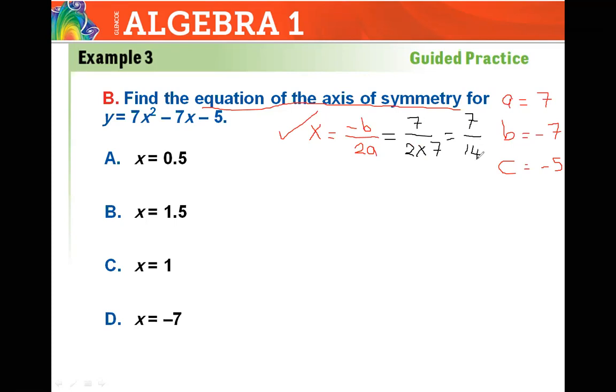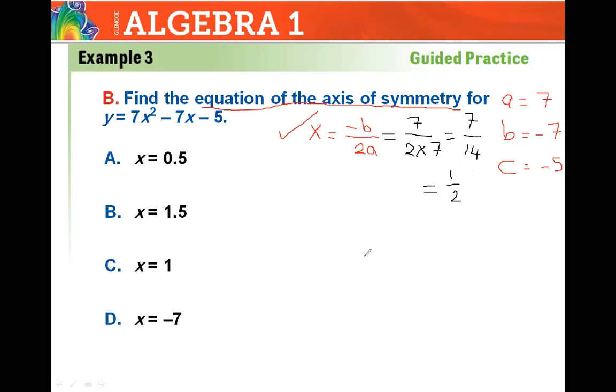In the simplest form, 7 over 14: divide by 7, divide by 7. 7 divided by 7 is 1, so it equals 1 over 2. 1 over 2 means half. So now we finish the problem, because he asked me about the equation of the axis of